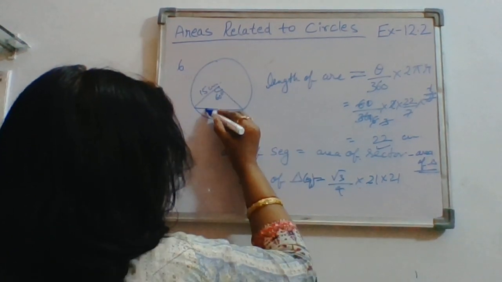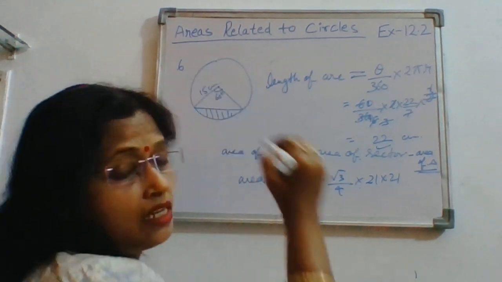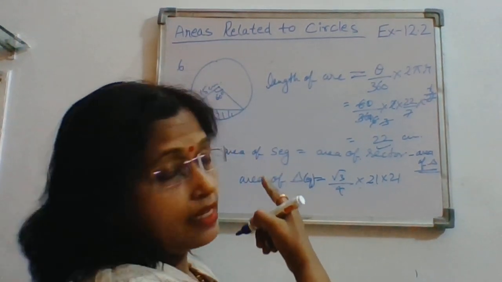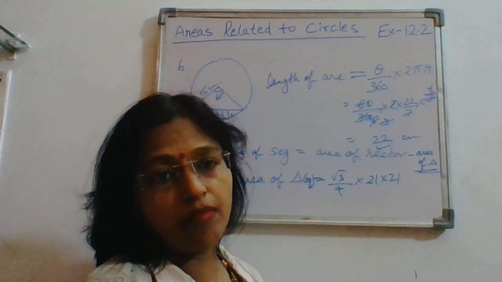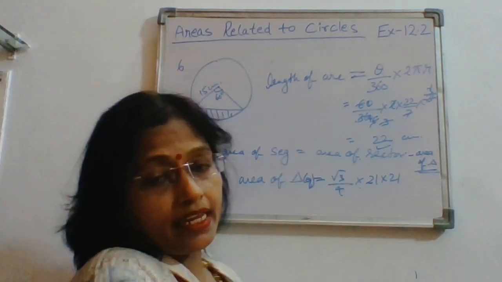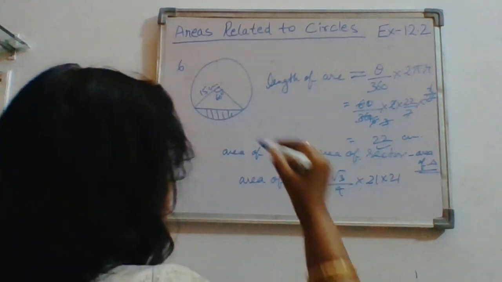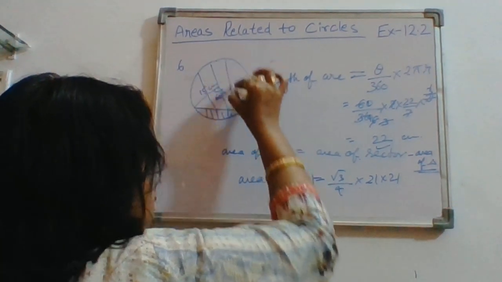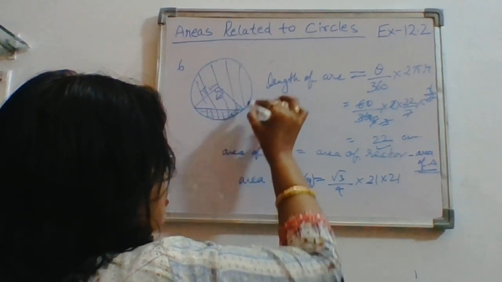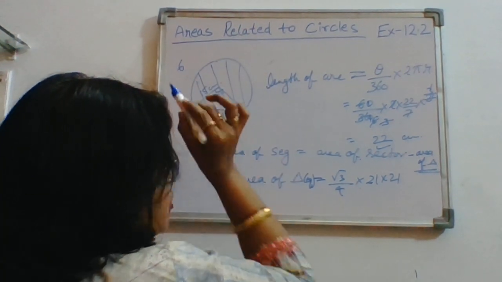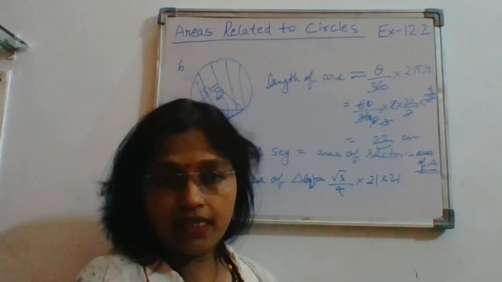Right? So this is your minor segment. So area of the sector minus area of the triangle. And you all know that again central angle is 60 degrees, so it will be your equilateral triangle. So area of the sector minus area of the equilateral triangle will give you area of the minor segment, right? And then you have to calculate the area of the major segment, because now this part is your major segment. Okay, so this area you have already calculated. So from area of the circle, if you subtract area of this minor segment, you can get the area of the major segment. Clear?